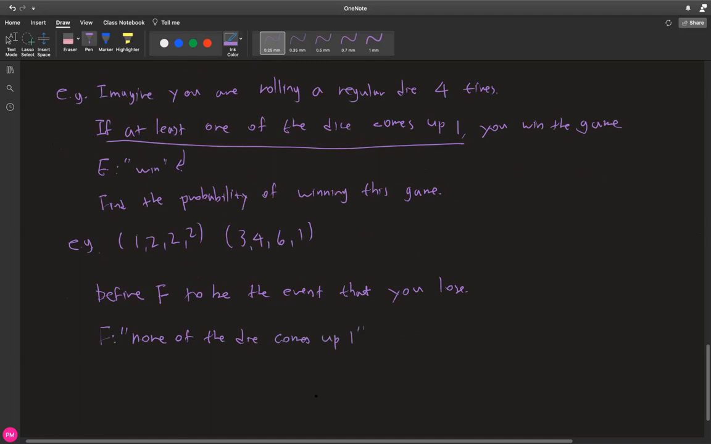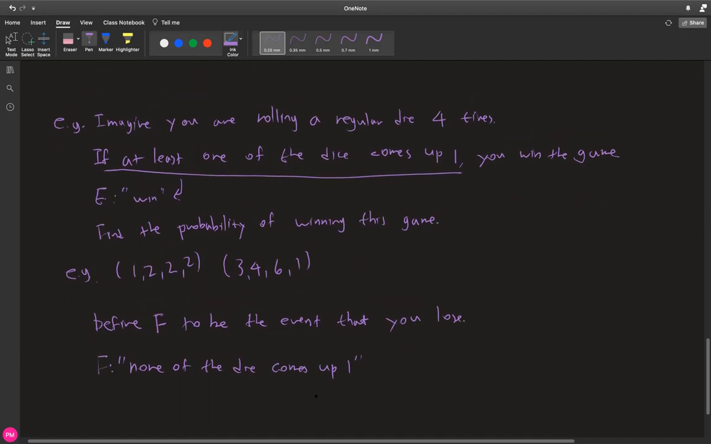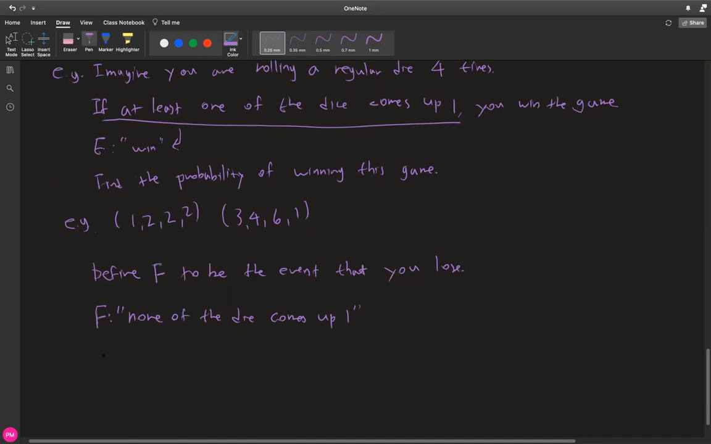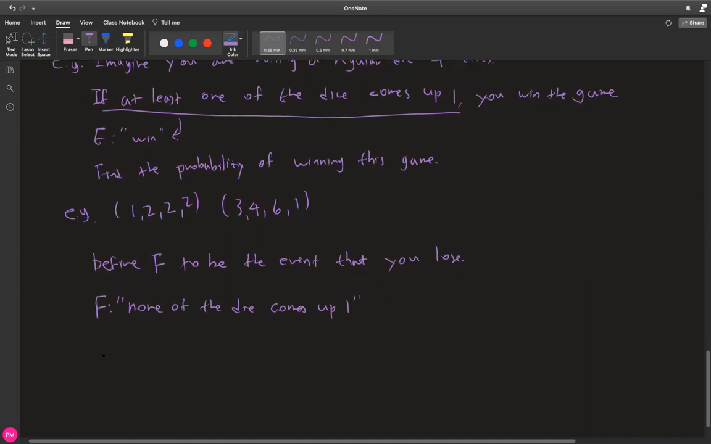And none of the 4 die comes up 1. In the previous example, we could see that we were able to divide the losing scenario into 2 different events. And in this case, we're going to do the same. But instead of 2 different events, we're going to do 4 different events because we're going to look at each die separately. So now define